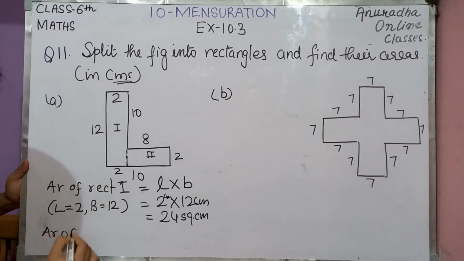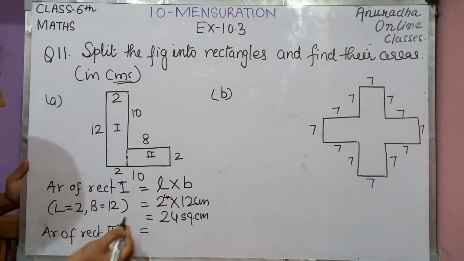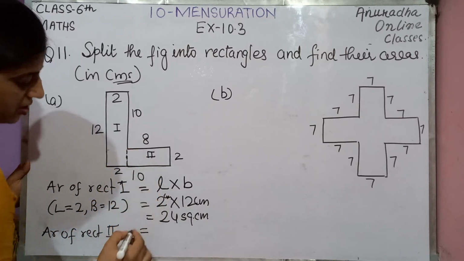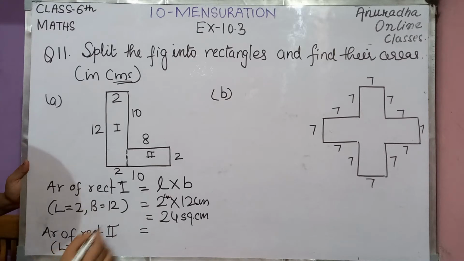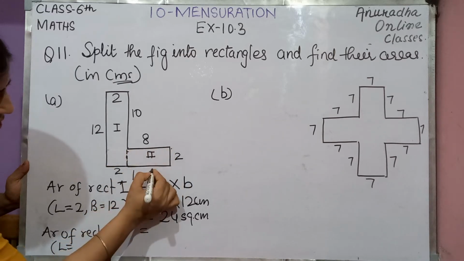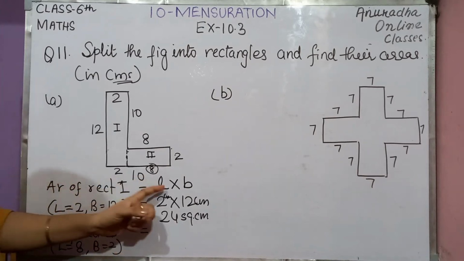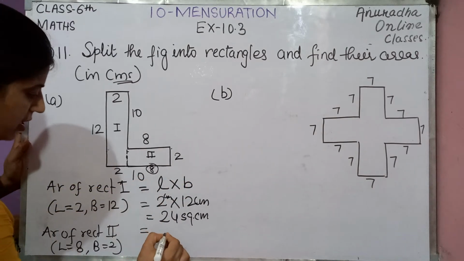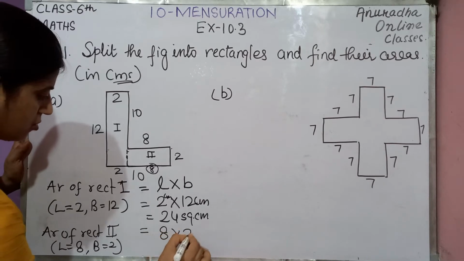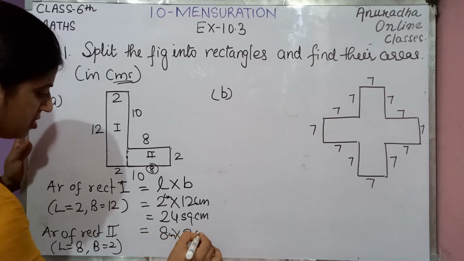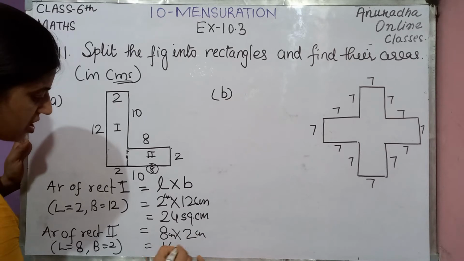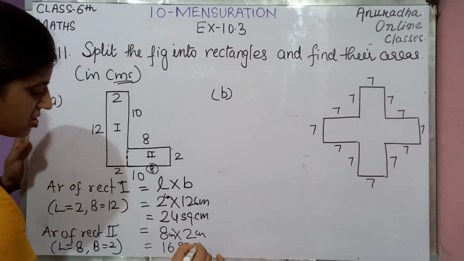That is area of rectangle second. Second rectangle का area देखेंगे. Here your L is equal to how much? This is 8. तो ये भी आपका 8 है. तो this is 8 and breadth is given 2. B is equal to 2. So what will it be? L into B. तो ये हमारा आ गया 8 into 2. Both are in centimeter. That is equal to 16 square centimeter.